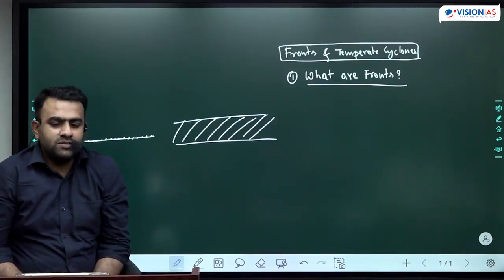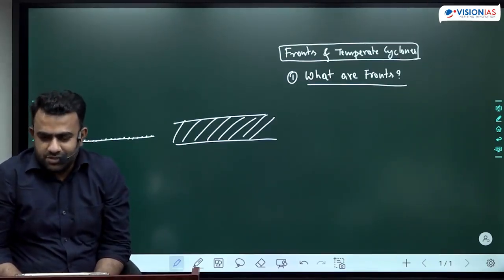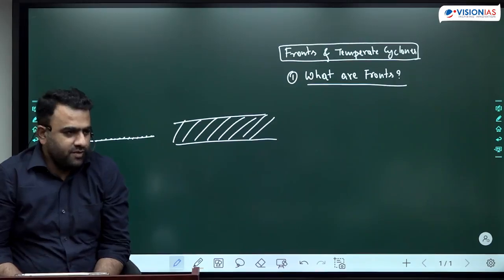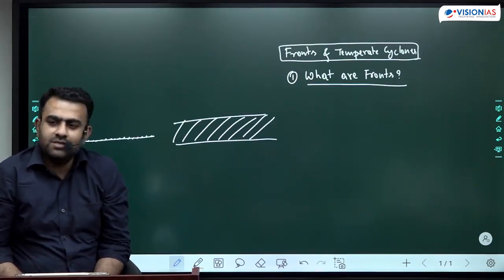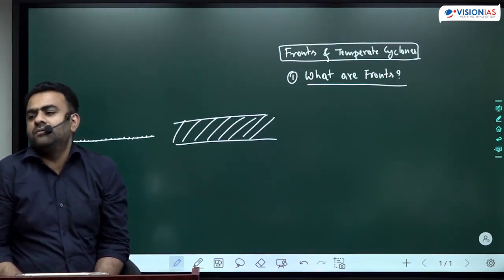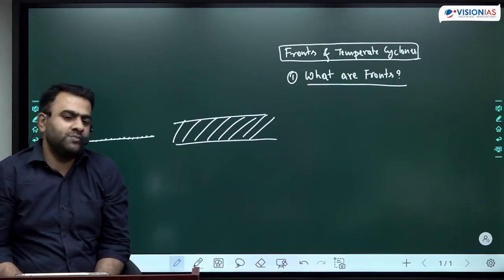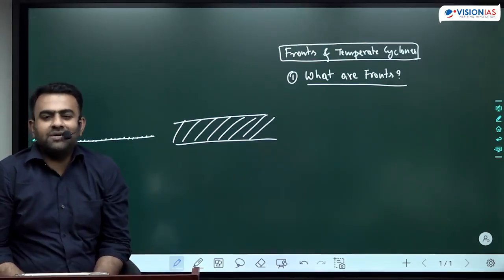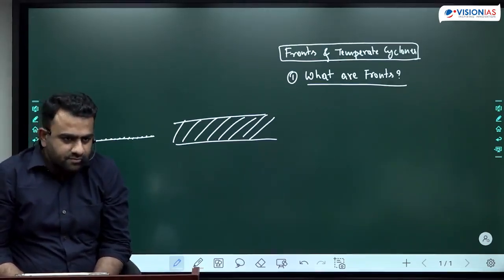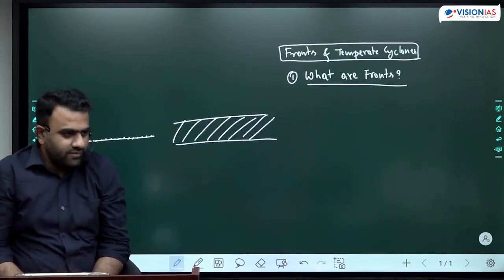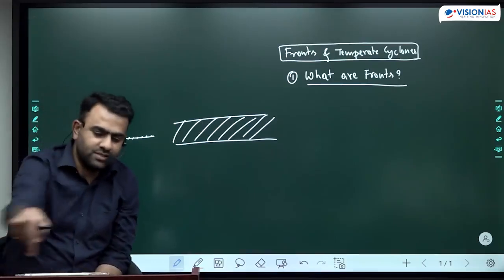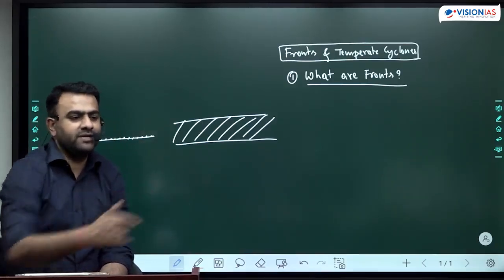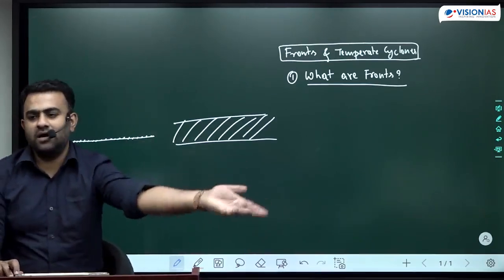So in climatology, front refers to the transition zone between two different types of air masses. We've studied about air masses. An air mass is a large area, a cross section of atmosphere with distinctive characteristics. It has its own characteristics, which you can very clearly identify. Let's say this is an air mass. From the surrounding area, we can very clearly say, okay, this is the air mass, इसके आगे air mass नहीं है.